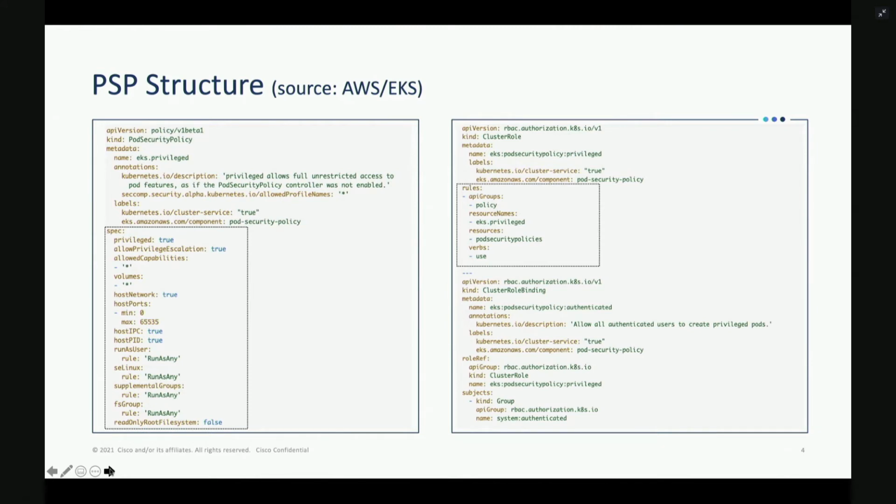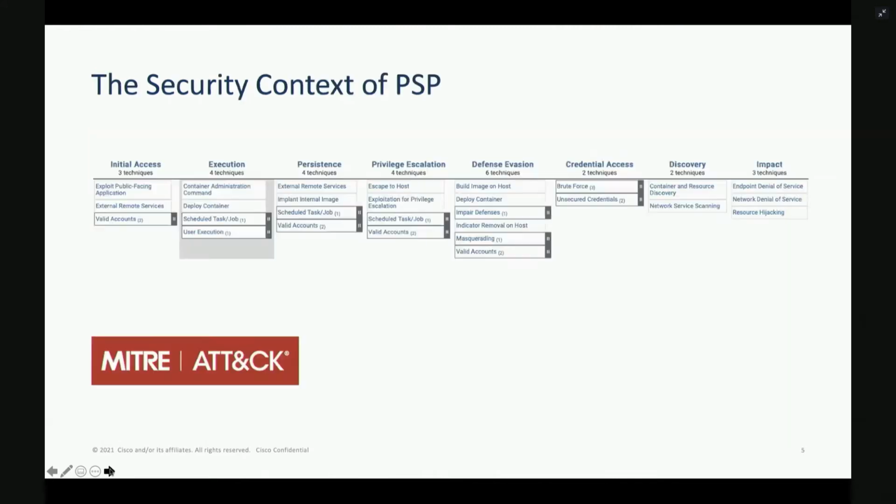Now, to better understand the context of it, or where it falls, I brought in the MITRE ATT&CK matrix for containers. There's a dedicated session later by Jen Burns, probably going to be much more interesting, so I'm not going to dig a lot into it. I just want to draw the map of where the pod security context falls in.